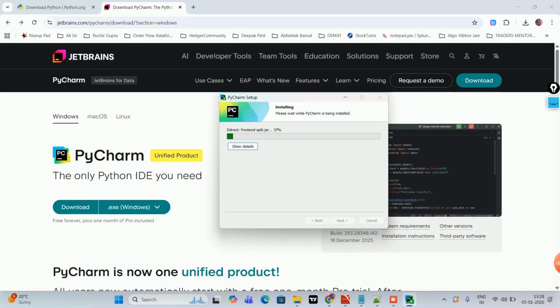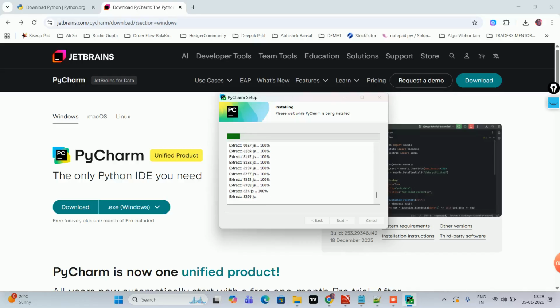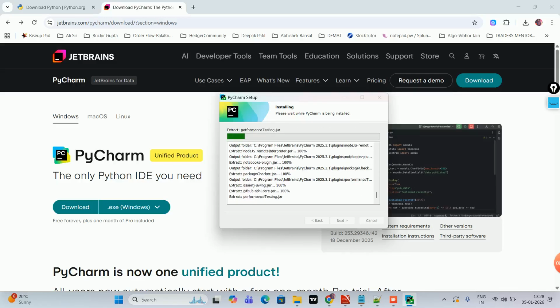So it is still installing. If I click on show details, it will show you in a verbose mode what things are being installed here. So that's fine. The installation will take a little bit more time than usual because it's a big package, and PyCharm is really a superb IDE for executing Python code. Well guys, in this video I'm only going to talk about how you can install PyCharm in Windows in a very easy way,